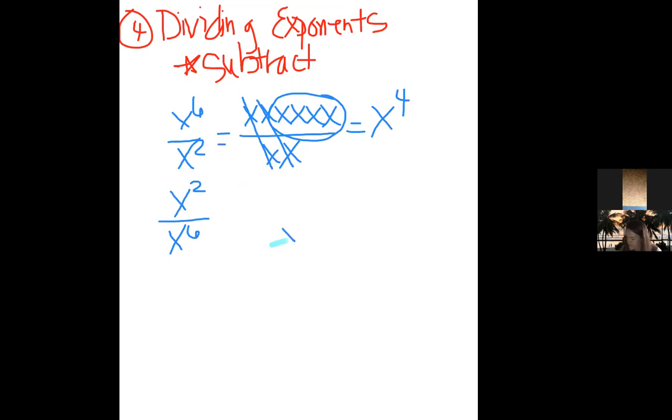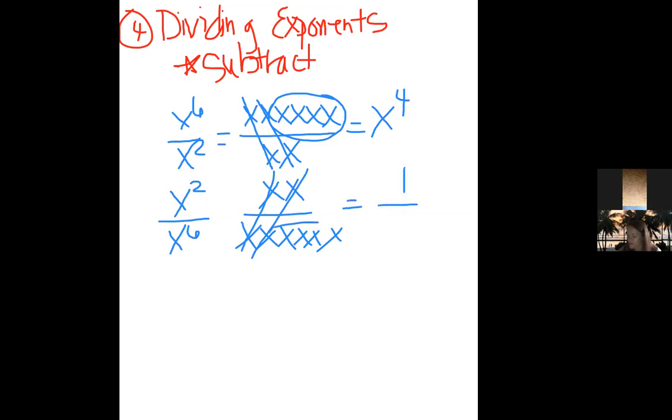I have the 6 on the bottom now. Okay, so I have 2 on the top and I have 6 on the bottom. So now when I cancel, I have nothing left at the top, but there's always something. You can't have 0 left on the top if this is a simplifying problem. So there's still a 1, an imaginary 1 left on the top, and then there's 4 x's that are staying